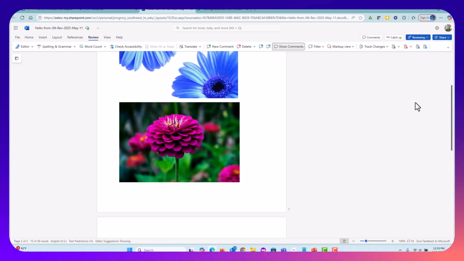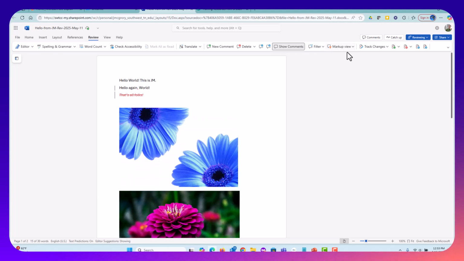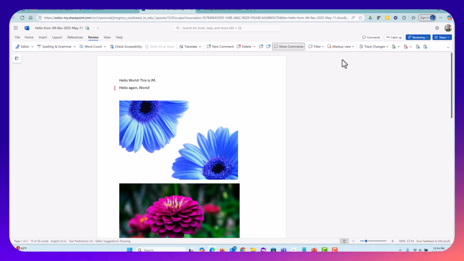Right here it says markup view, and what this is talking about is our view of the document. So look at this little drop down box. It says markup on page. In other words, I can see those markups. Well, markup in margin, simple view. Okay, see now how it just shows a red line and it does not show the proposed deletion of the